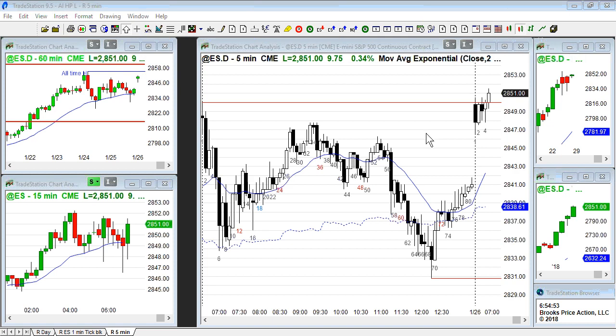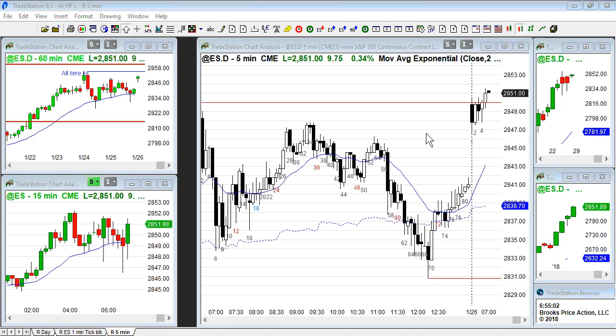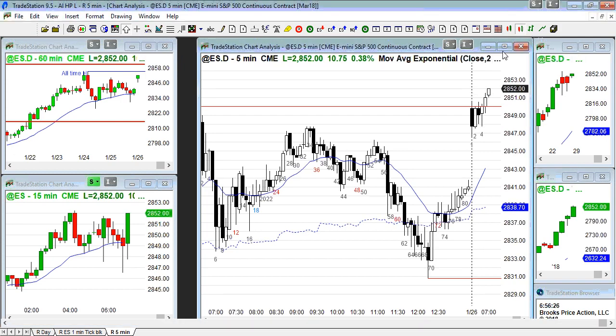Why would bulls buy right now? Taking a chance that this is going to be a trend from the open bull trend. So they know the probability is low, but when the probability is low, the risk is usually low as well. So some bulls will buy early. Bulls trying